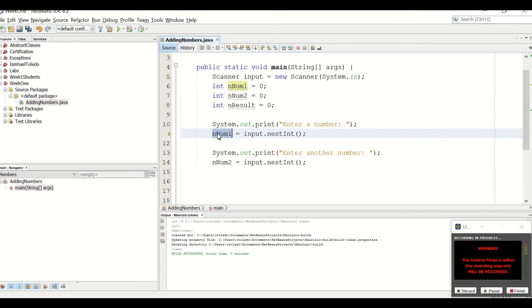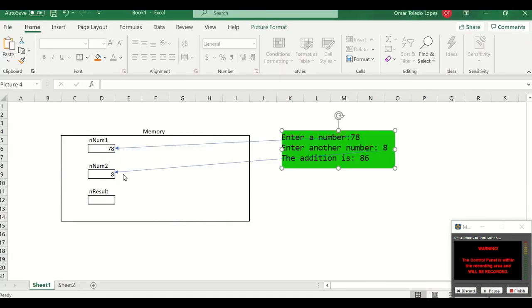You don't know what is n1? I don't care about that. Java is receiving that. I don't know what is n2. The only thing that I know is that I received the first number in the variable n1, and the second number in the variable n2. So your job now is use the variable